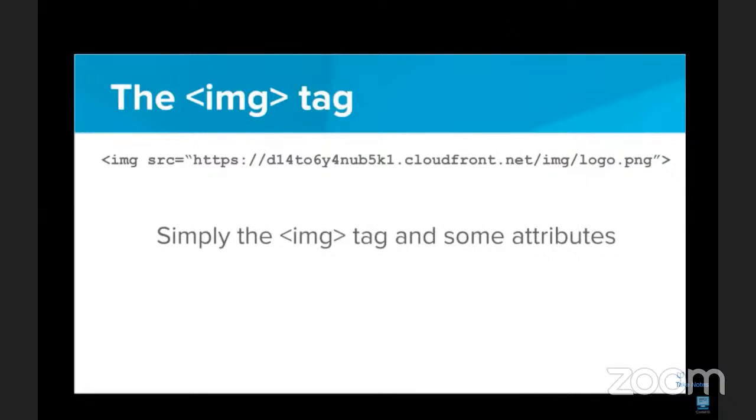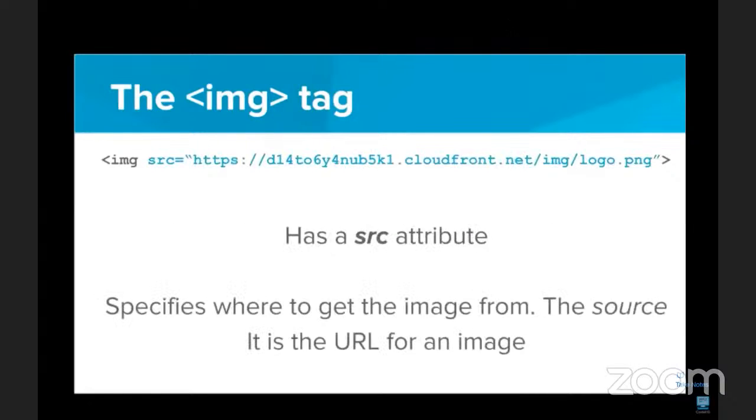Now the attributes are very important. So what are the attributes of an image tag? First off, we have the SRC attribute, or the source attribute. The source attribute specifies where we should get the image from. And this is the URL for an image. So this is where the image tag will actually look to grab the image and insert it onto your web